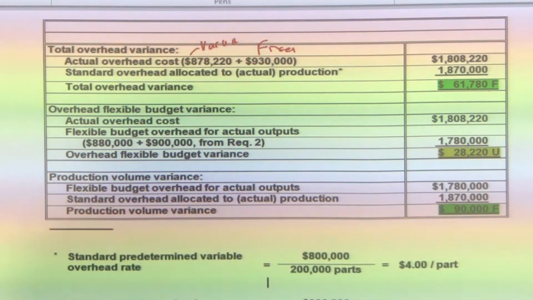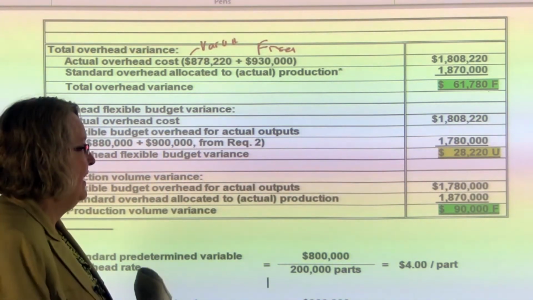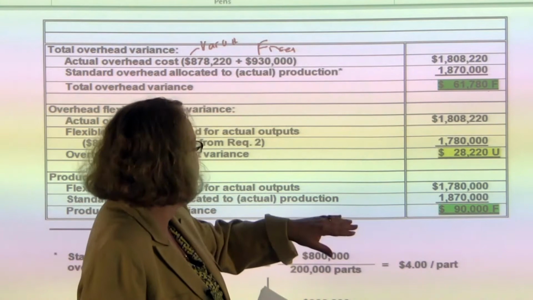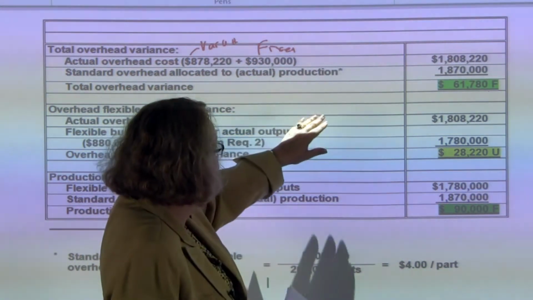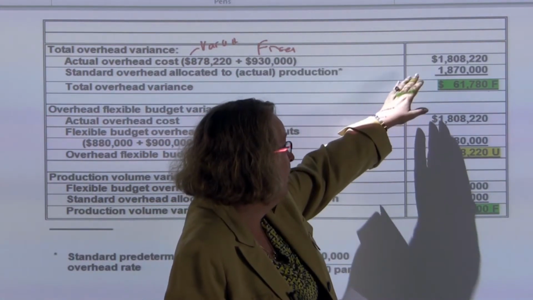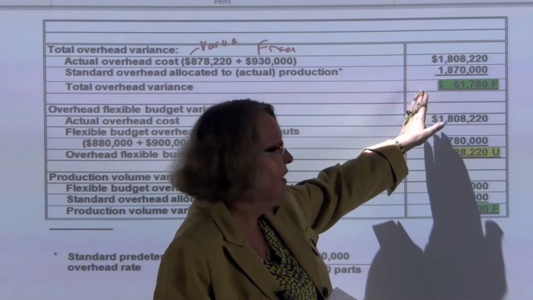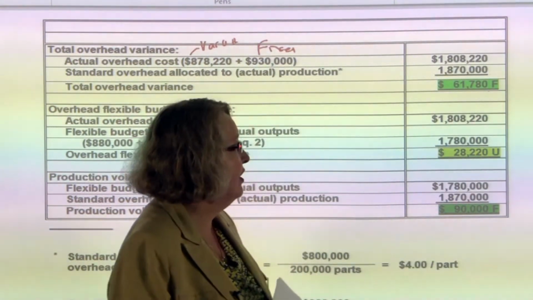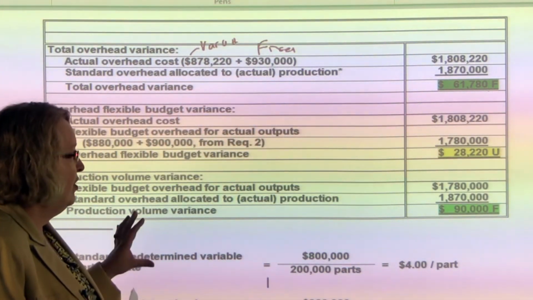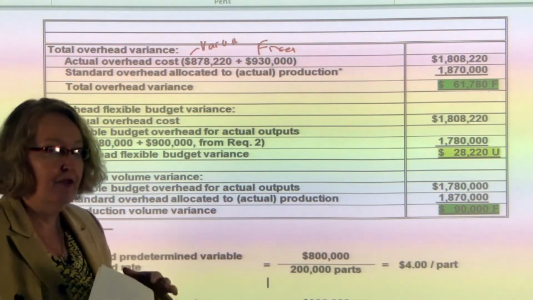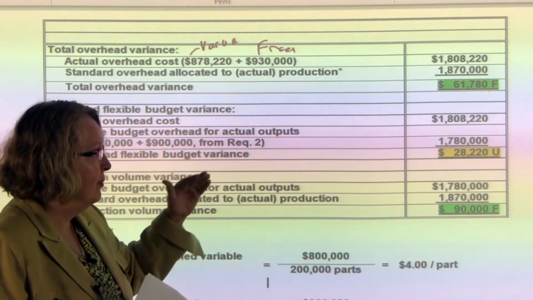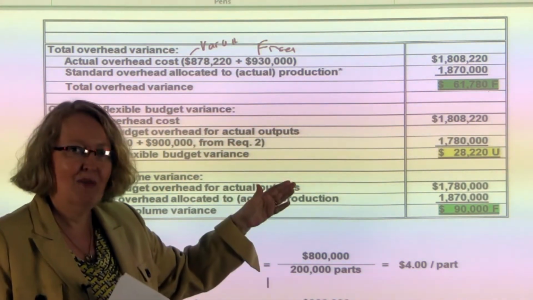So the total overhead variance that we're looking to explain is good in that it's favorable. So you had anticipated your overhead to be $1,870,000, whereas it came in lower than that, 1,808. So you have a favorable variance of 61,780. So now what you want to do is you want to get further information, so you want to drill down and find out more information about what really makes up that